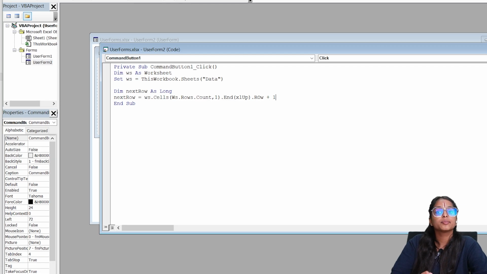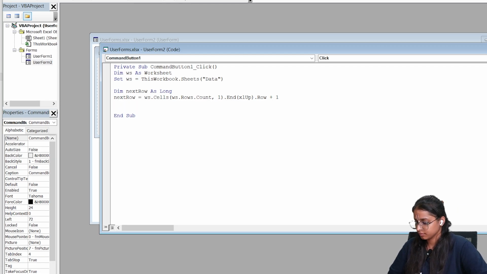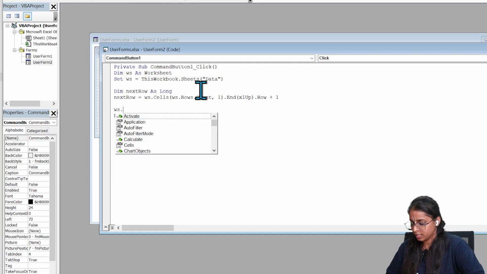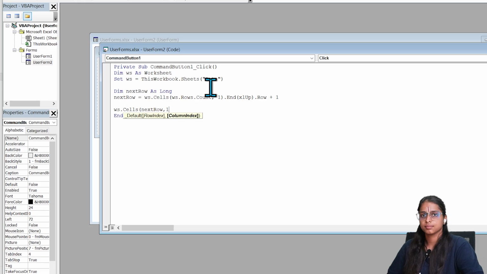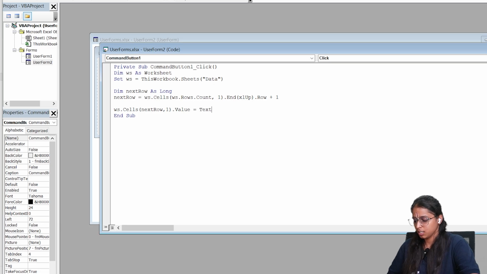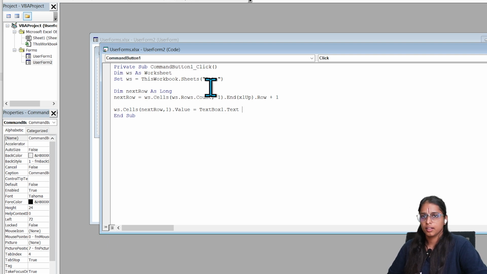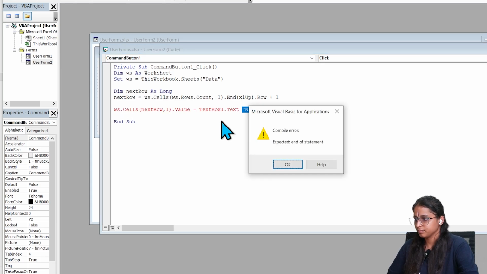Then I'll define my text boxes. I'll write ws dot cells next row comma 1 dot value equals text box 1 dot text. Here we'll add the name. Basically, this text box is for name.